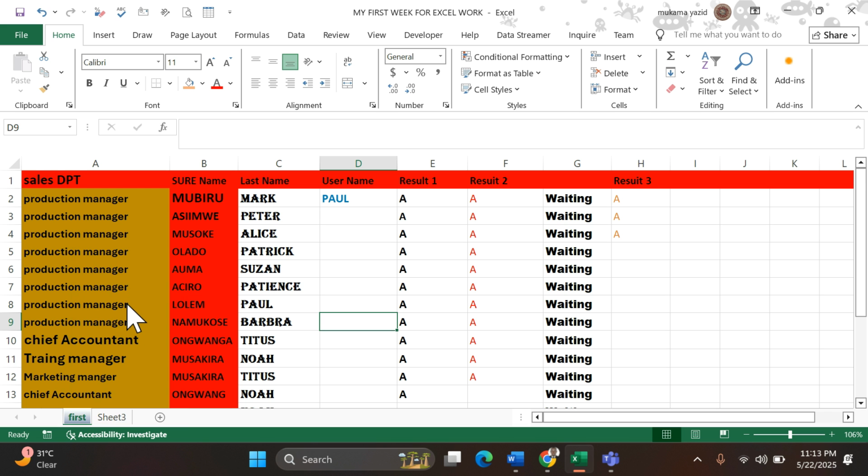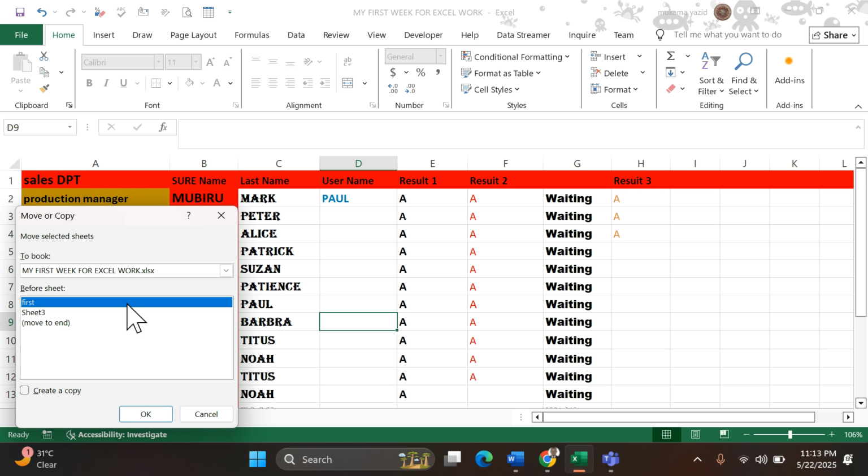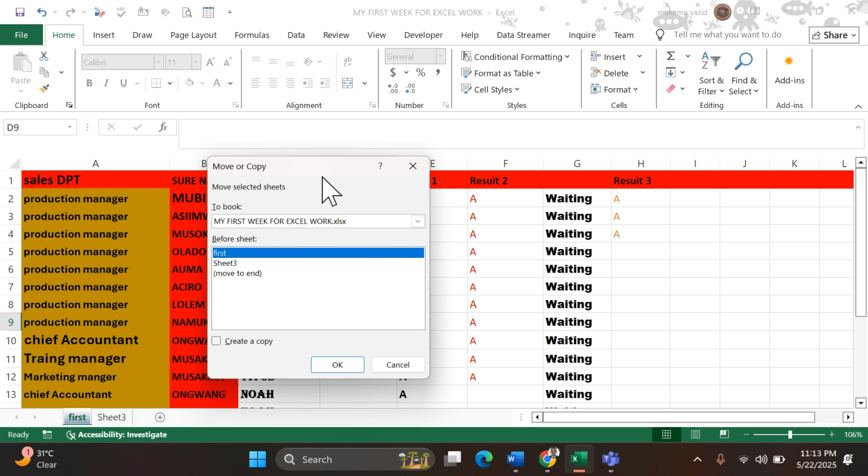Click on it. When you click on it, you get this box. And first part is the book. It means if I have different books,